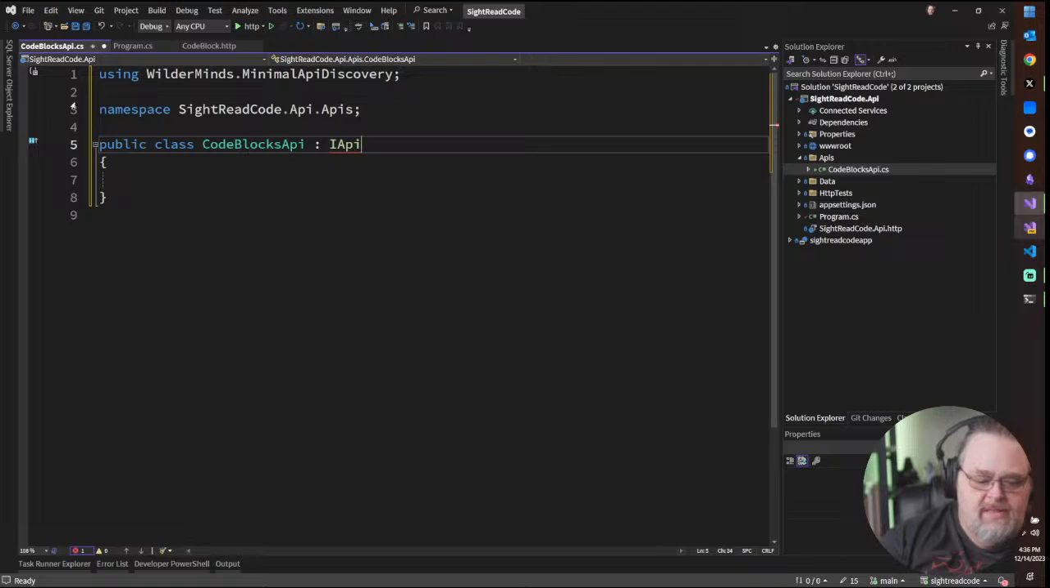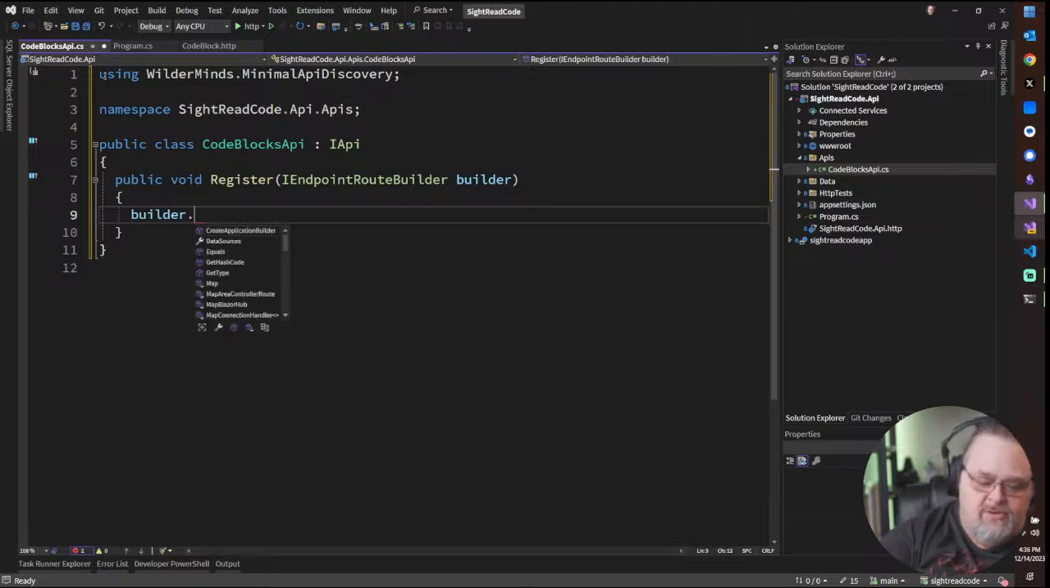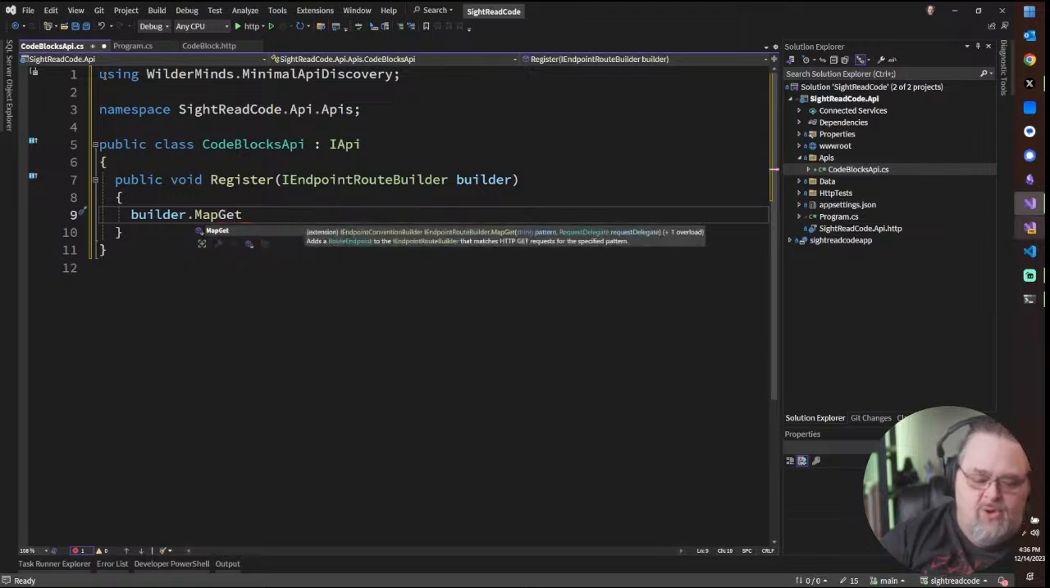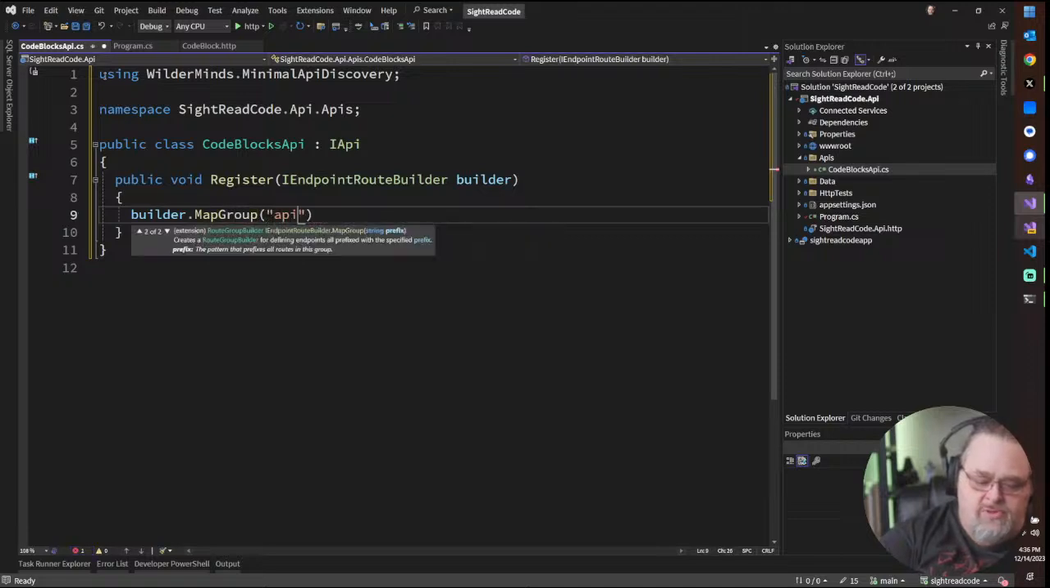And when I implement that interface, all we do is get a call for register. And the idea here is pretty simple. I'm going to write the APIs in here because I'm being given a builder, and I could just map get, map post like we would in those, but I'm actually going to do a map group because I want my group to start with API